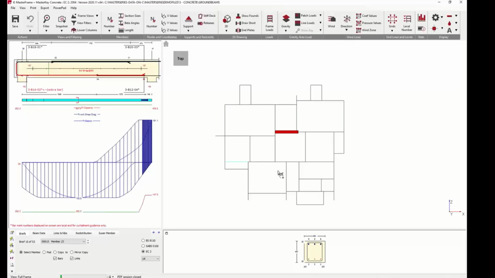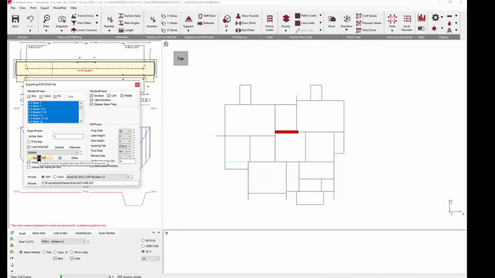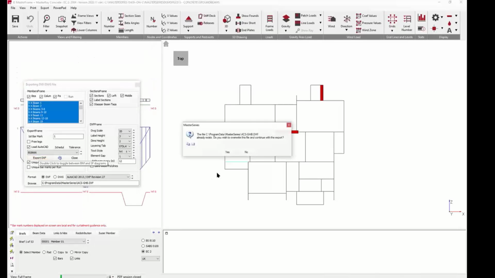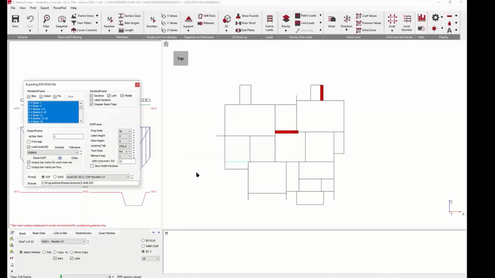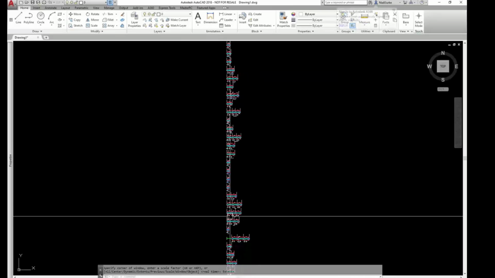Now, the beauty is twofold. One, we can take this, we can export the whole thing as a DWG or DXF. Off it goes, and I can export the DWG and load it into AutoCAD. So I'm doing it as a DXF rather than DWG, and file exists, overwrite it, yes, with my brand new rebar. I don't know about you, but every new version of AutoCAD seems to be opening slower and slower and